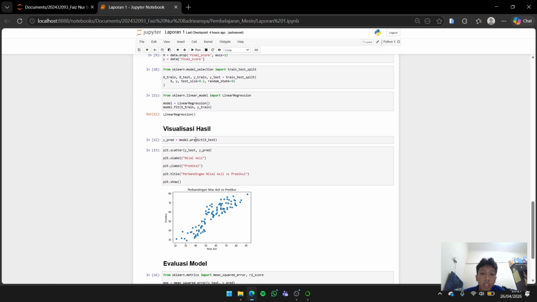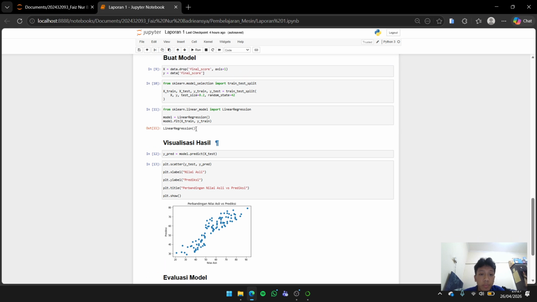The model is trained using the training data with the fit function. During the process, the model learns the relationship between the input features and the target variable by adjusting its parameters to minimize prediction error.